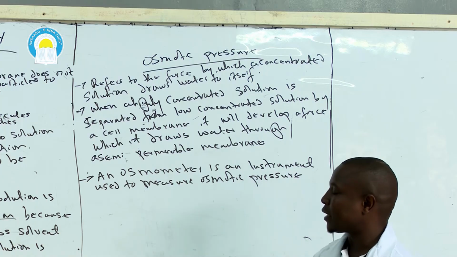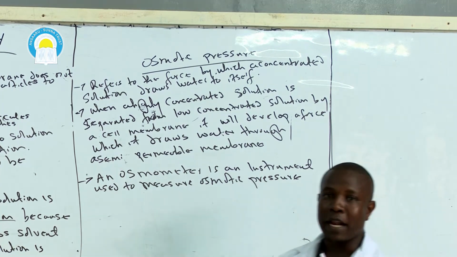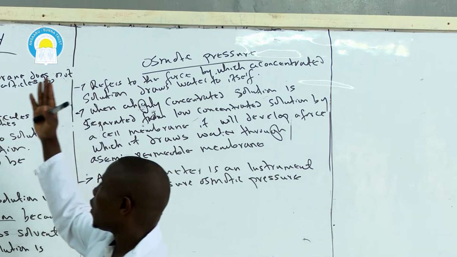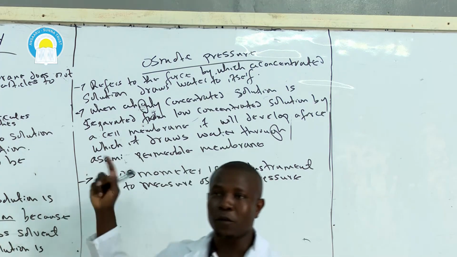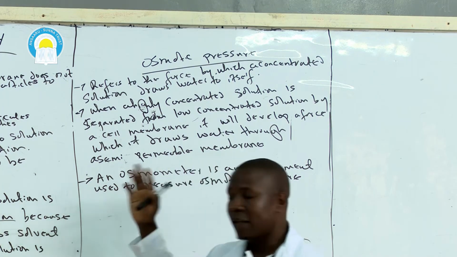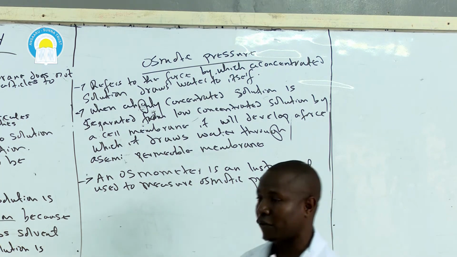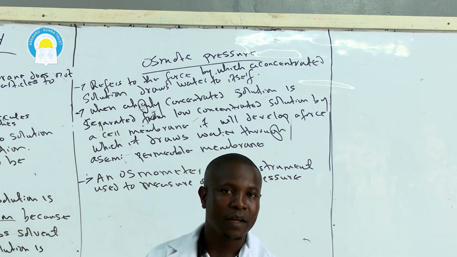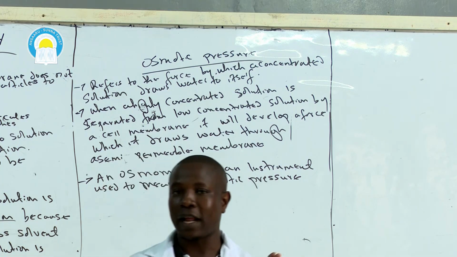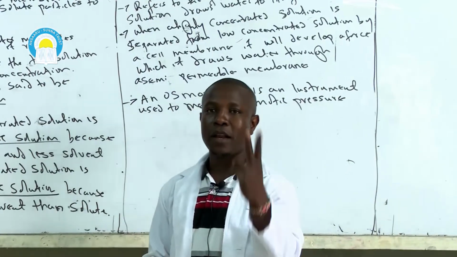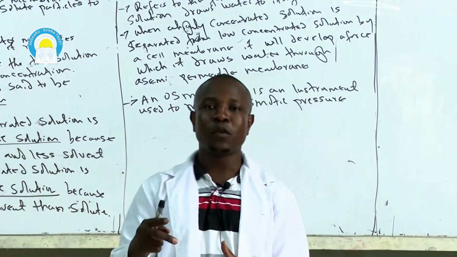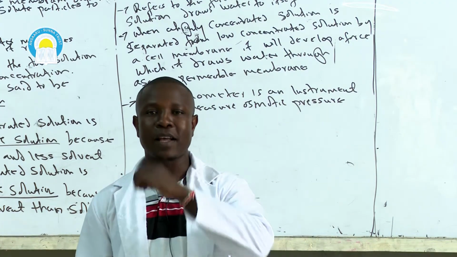So that was my time. Before I wind up, at least be able to know what is osmosis. Definition of osmosis, there are two. Number two, the type of solutions that are in osmosis. We have three types of solutions that are used in osmosis. Number one, it is isotonic, a solution that are having what? The same concentration. Number two, hypertonic, the solution that is highly concentrated. That means it has more of